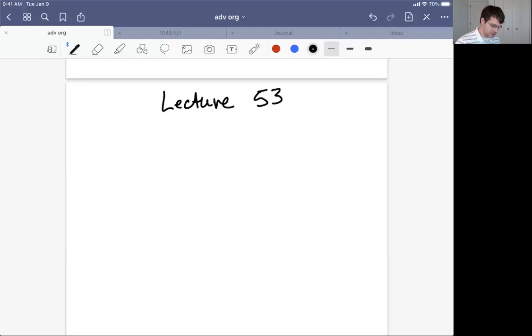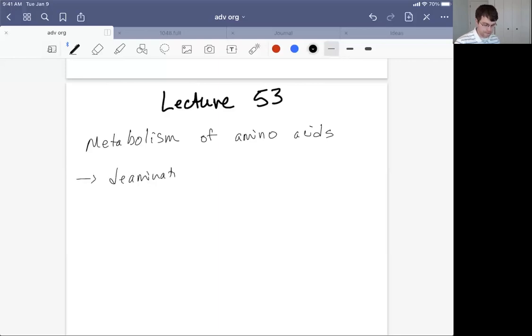Okay, anyway, so we're going to talk about the metabolism of amino acids. Both the buildup, the biosynthesis, and the breakdown, the catabolism or catabolic pathways. So the first one that we want to start with is deamination of amino acids. So in the deamination of amino acids, we take our typical amino acid